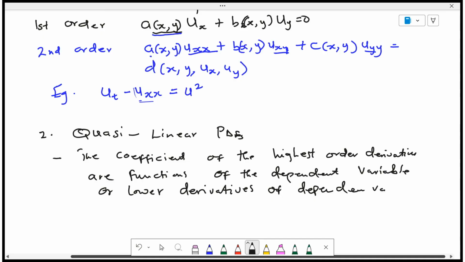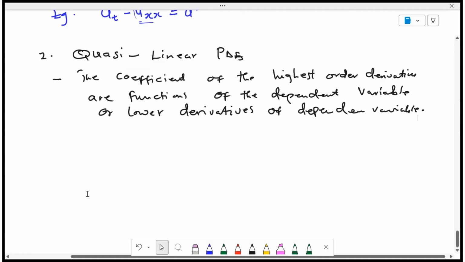variable. All right, so we can simply explain this one as, if it is quasi-linear, it means that the coefficient of the highest derivative is either the dependent variable or the lower derivatives of the dependent variable. We should get it clear. It should be clearer that if we have a nonlinear PDE, for instance, an example, if I have ut plus